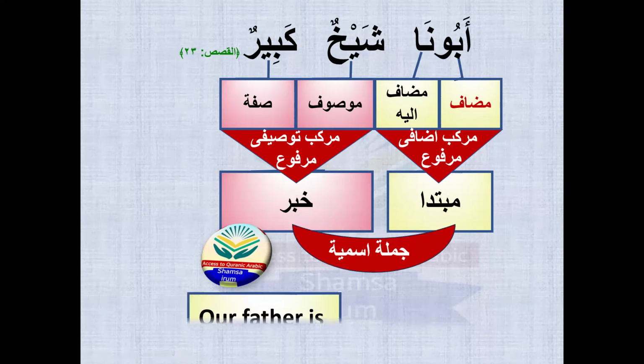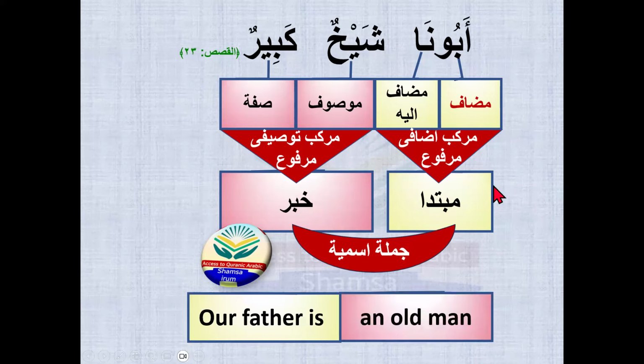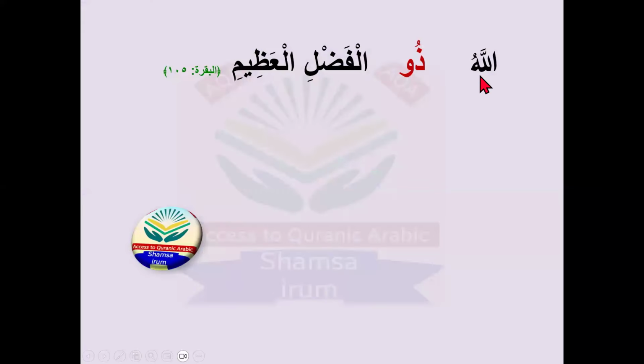Translation: our father, Abuna, our father is an old man. Shaykhun kabirun is an old man. Okay. Let's move towards another practice of this